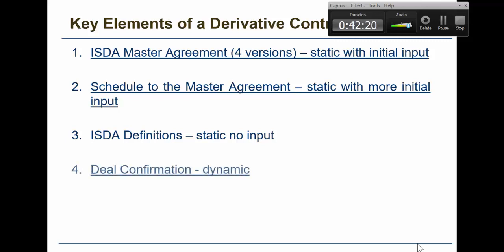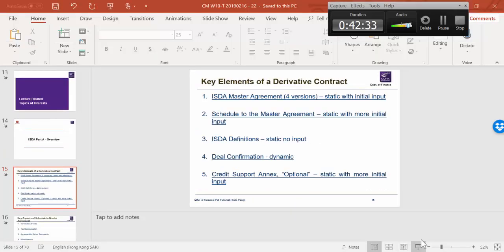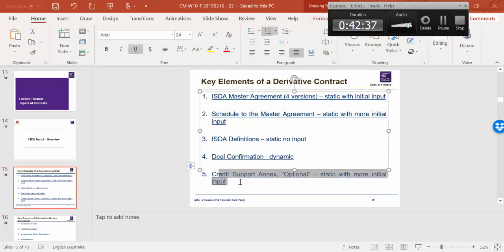Then there is the deal confirmation, and then there is a CSA, which I say is optional, but nowadays is practically mandatory. I should actually switch them around. So this one,